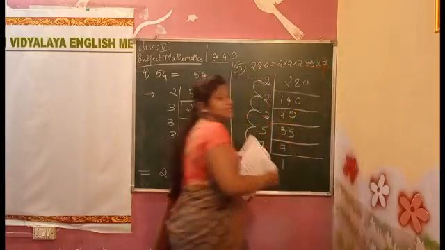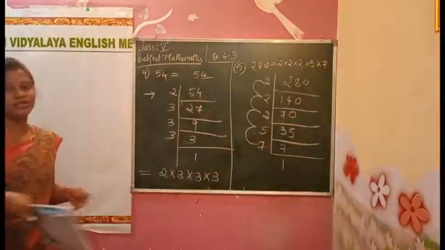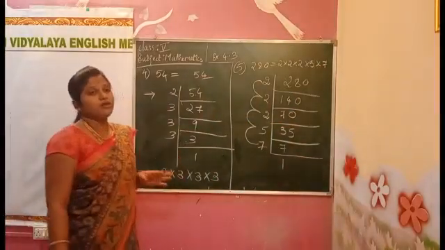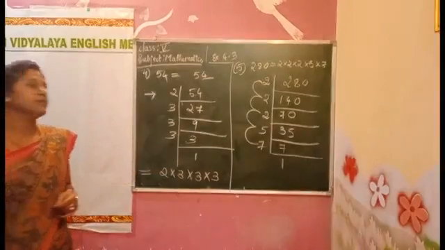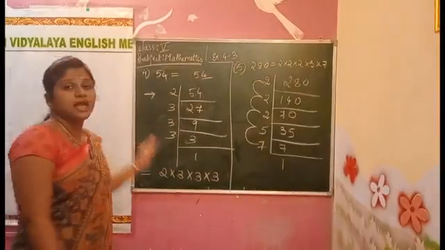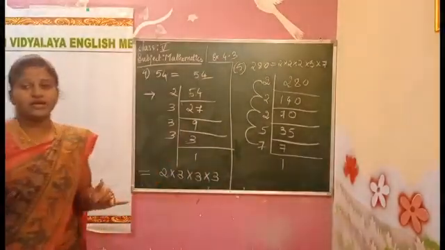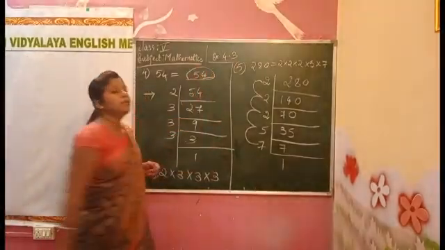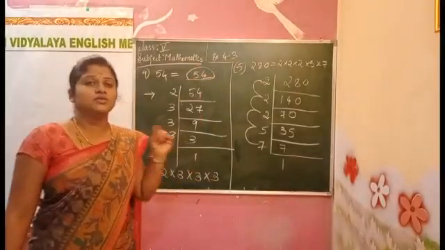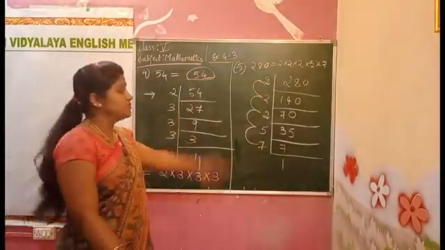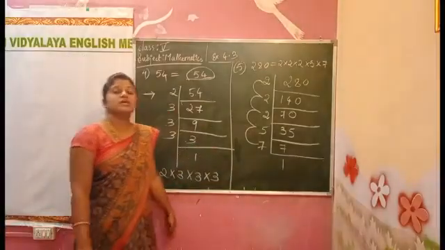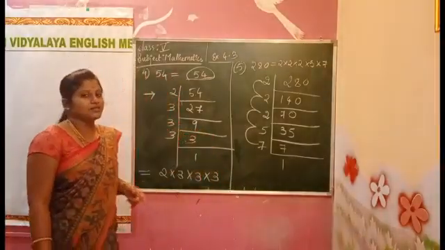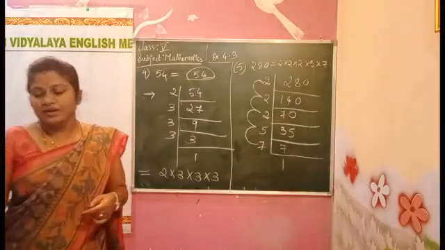We did all the sums of Exercise 4.3, children. We completed Exercise 4.3. All the problems we solved. Please copy it in your classwork like this only. How I did it on the board, like that you have to write in your classwork. Don't miss one question or one number also. If you miss, the problem will be wrong. So without missing one number, copy like this in your classwork.